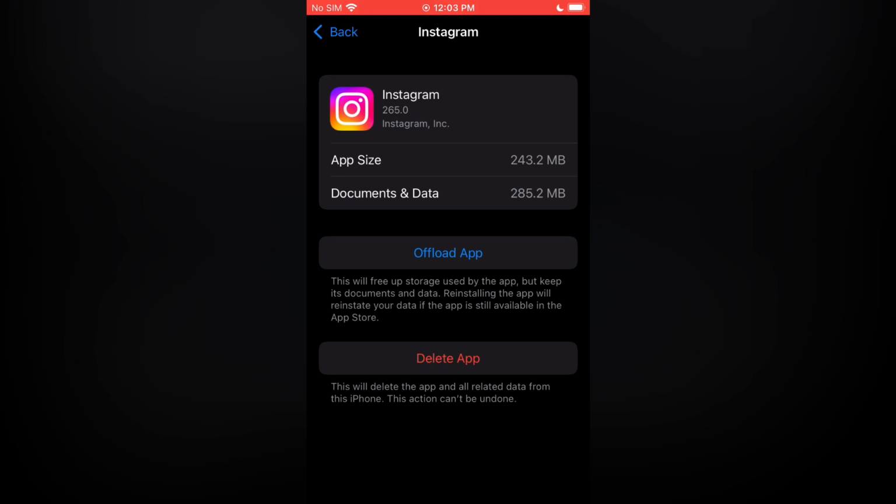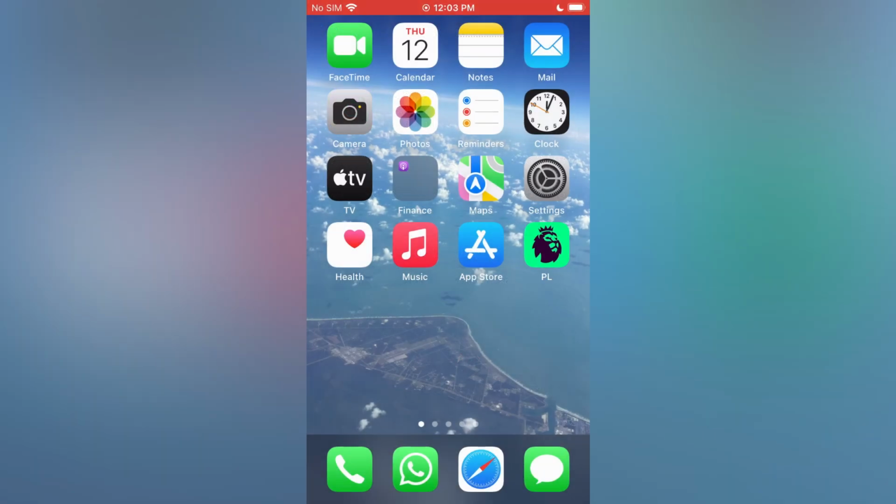After you have offloaded the app, you're going to come back into settings and you're going to tap on reinstall app. By the way, do not worry, all of your login information and all of that will still be stored on the app. If after doing that you're still not seeing the option to upgrade your Instagram, what I would